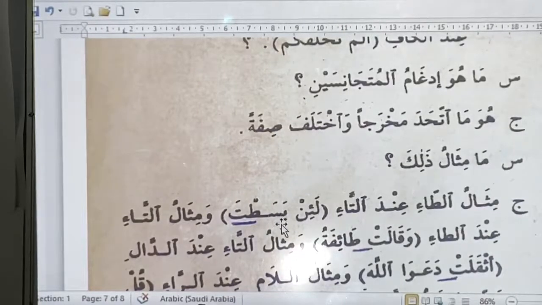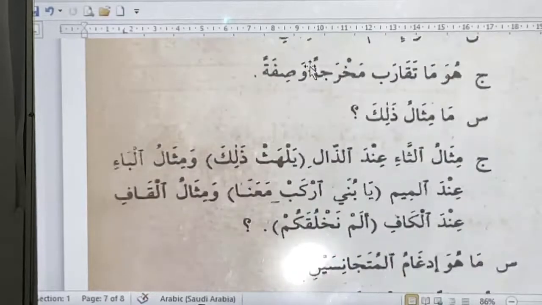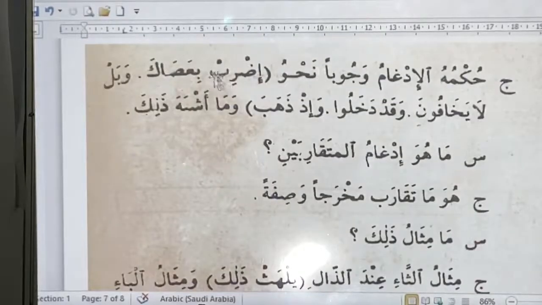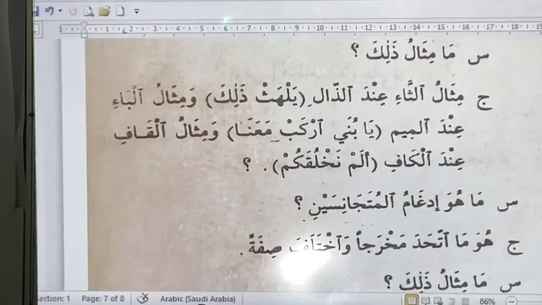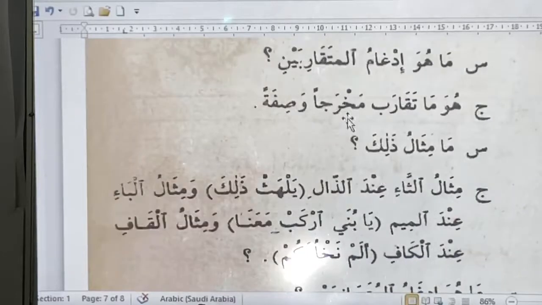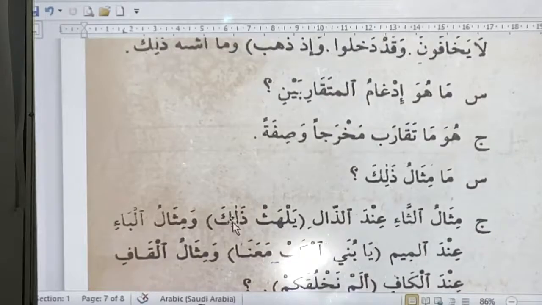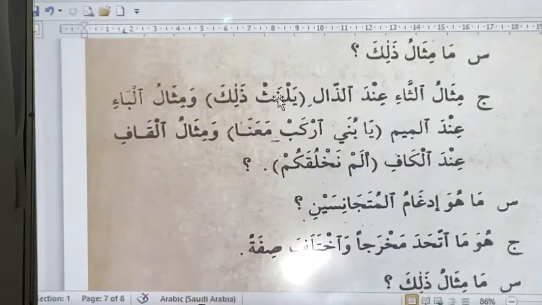So whenever you see any huruf of idgham that look alike, you'll note that you will read it as idghaman, and you put it in the first bracket, that it's either mutamathilain, they look alike, or they come from the same area, because this is one makhraj and the other one is the same makhraj. So as long as you know that they're coming from the same area,